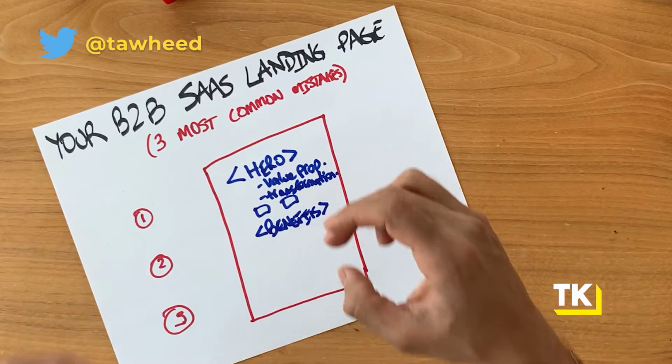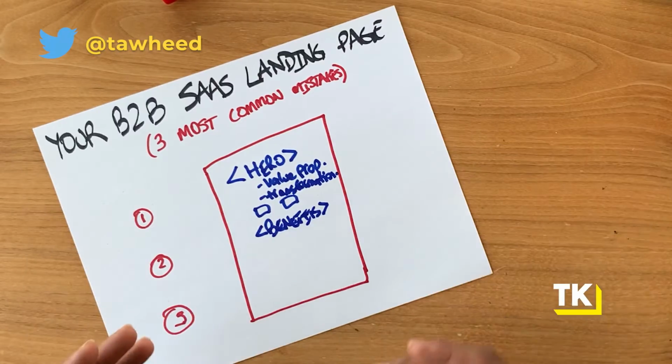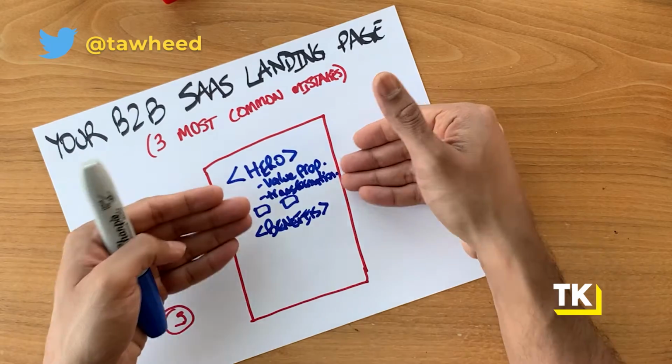So an example of that might be, we help you manage your pipeline proactively by tapping into AI and all the customer communications that are happening. That is a benefit versus just saying AI-driven deal management, which is a feature but doesn't communicate what the actual benefit is. All these little nuances are what makes for the true benefits of your SaaS platform. And that's the number two most common mistake that I see. They jump right into the features in a very undifferentiated way versus really thinking about what are the true benefits that our software is delivering in order to fulfill this value proposition and this transformation that we're promising right above.